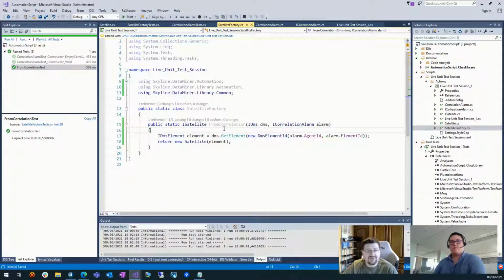So the law of Demeter, very important here as well, only provide what you need and use that. In legacy code, if there's a method with an engine and it uses getDMS, we just showed you an example of how you can still unit test that. And then also try and avoid instantiating new classes inside of a factory method or a constructor anywhere except your top level of the code.